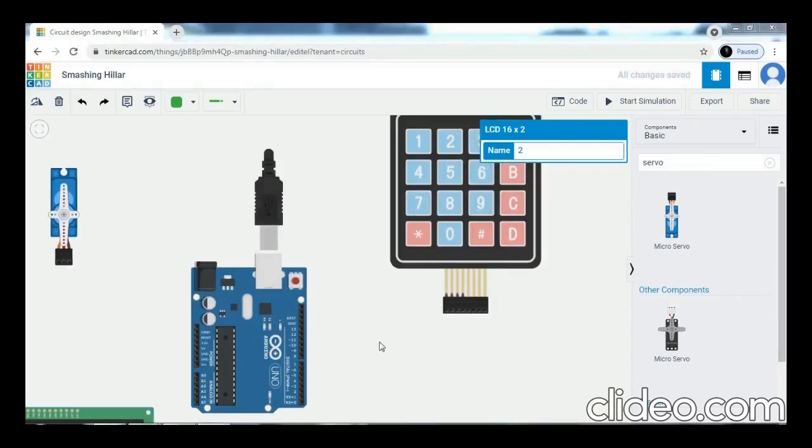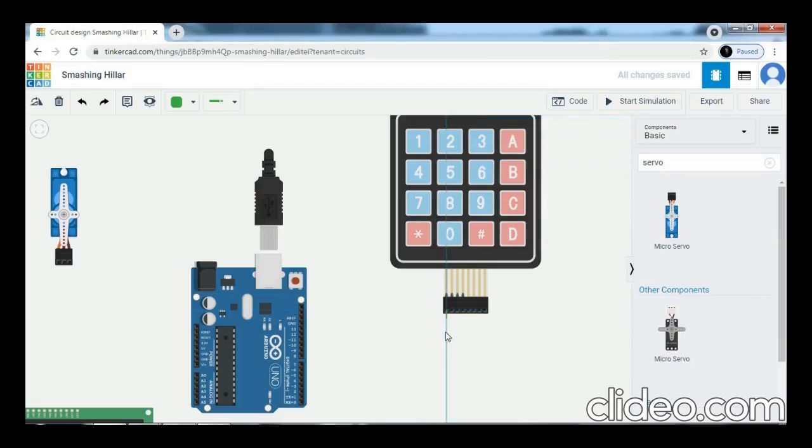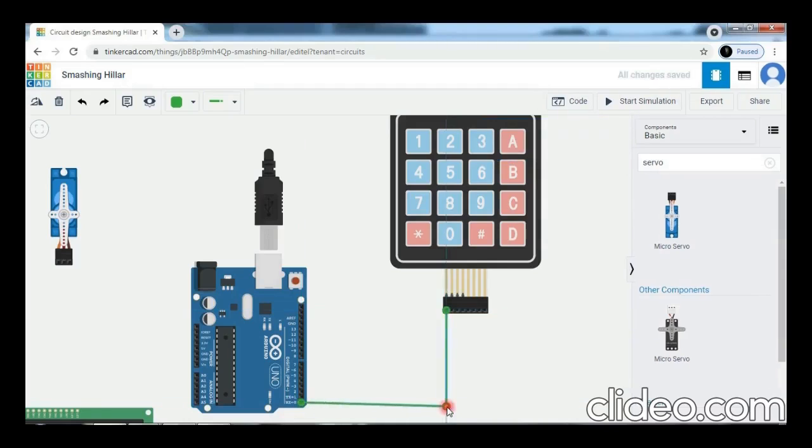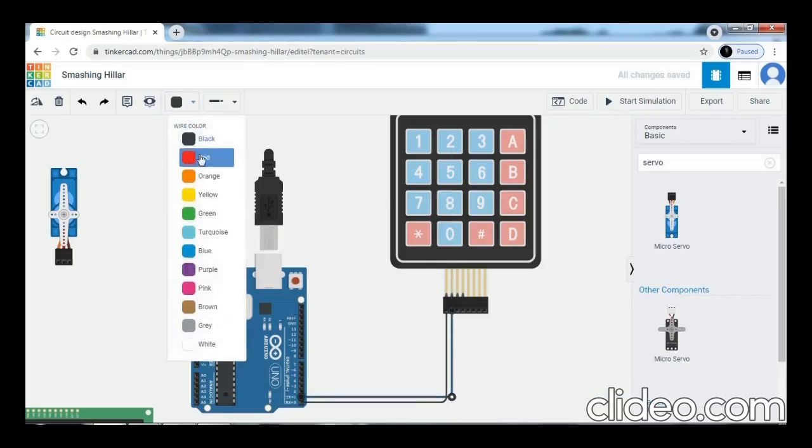Now first we connect keypad to Arduino. So first we connect row 1 with digital pin 0 and the color of this wire is black. Now we connect row 2 with digital pin 1 and the color of this wire is red.